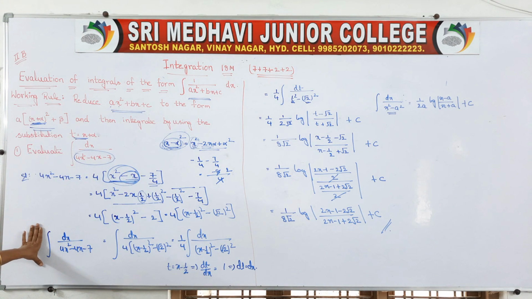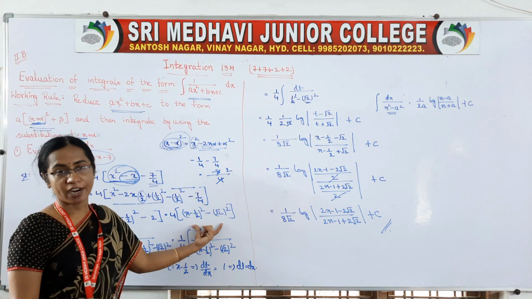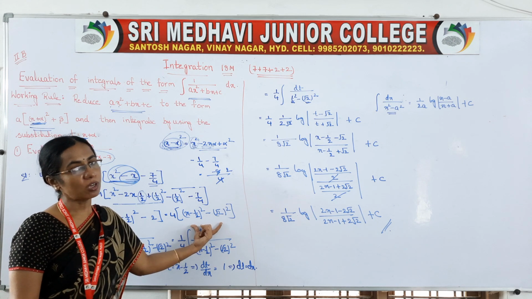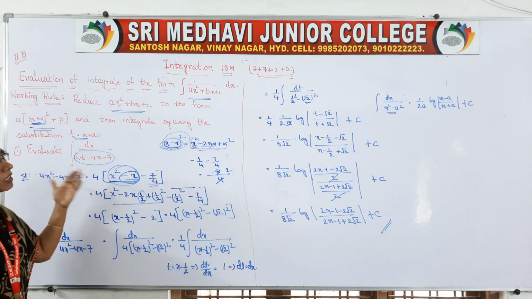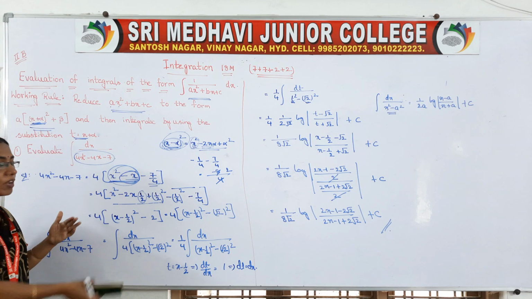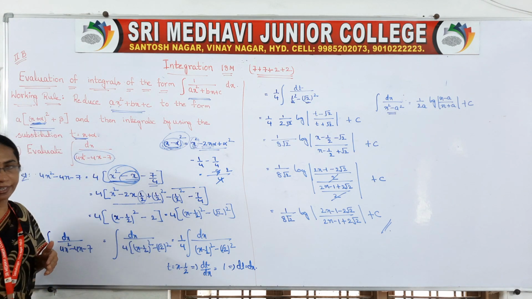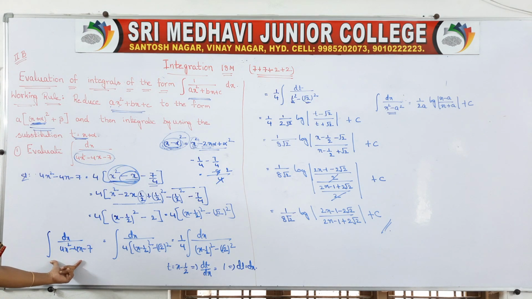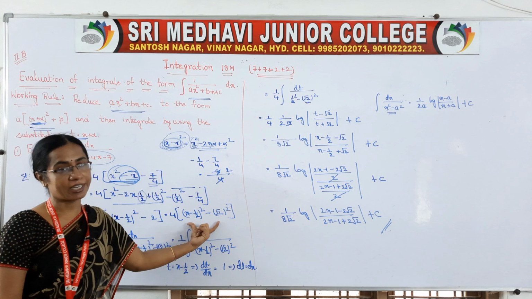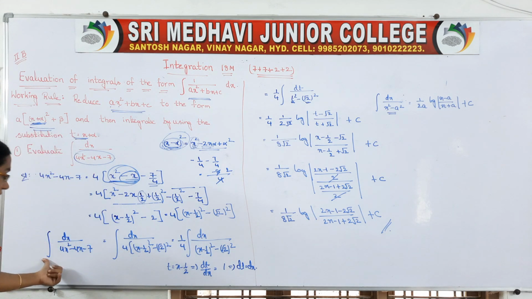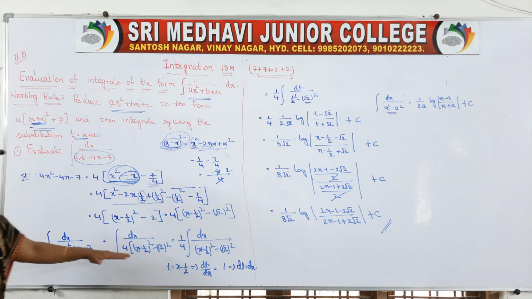question, given question is this one. So in its place we simplified like this. We have taken the value like this. Why? It is the rule, whenever the question is given in that form, we have to convert that quadratic form into this one, then integrate. So that's why afterwards you take the integral value. Till now I have not taken the integral, I only simplified the quadratic equation into our required equation form. So then you take the integral. I have taken the integral.